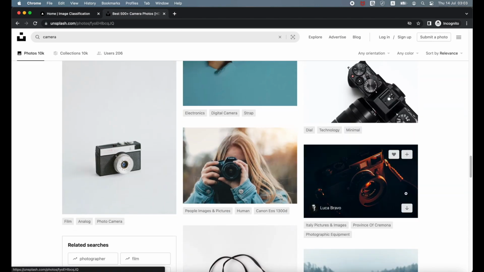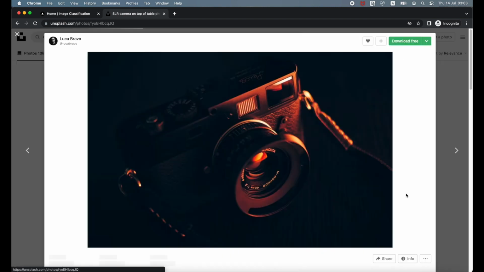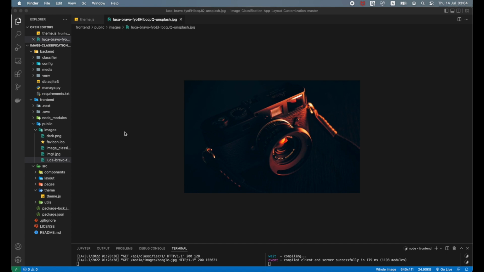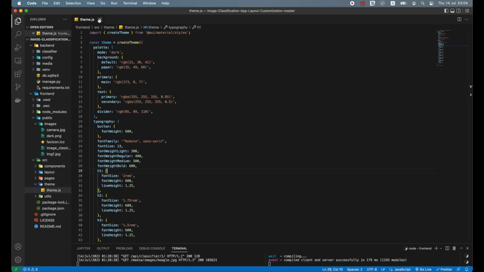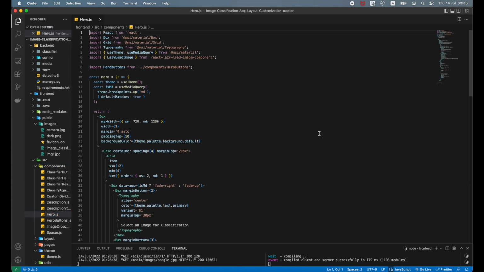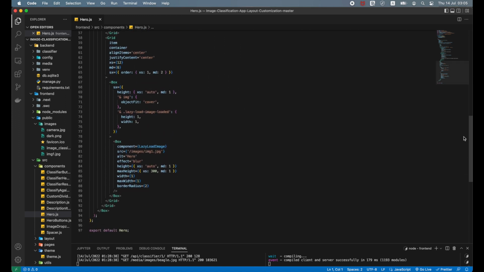I will select this dark one here by Luca Bravo. I will download the image and place it in Frontend, Public, Images. I will also rename it to Camera. To change the image displayed in the hero section of the page, in Visual Studio Code, go to Frontend, src, Components, Hero.js. Scroll down to line 81. Replace the previous image with the new one,